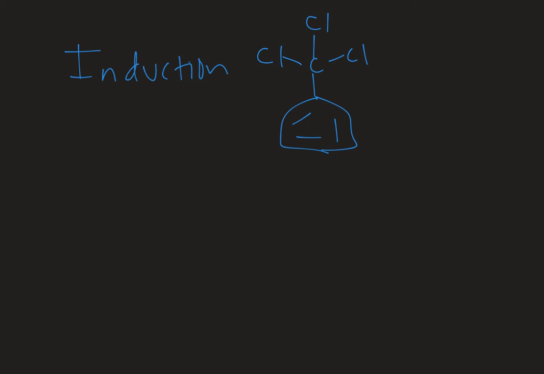So this benzene derivative, trichloromethylbenzene, is an electron withdrawing derivative as well, and it is withdrawing via induction. So there's no ability to take electrons out of the ring because there's no ability of that carbon that's directly attached to the ring to accept electrons. It's sp3 hybridized. It doesn't have an empty p orbital or a pi bond that can shift in order to accept electrons. So this is just via induction through the sigma framework.